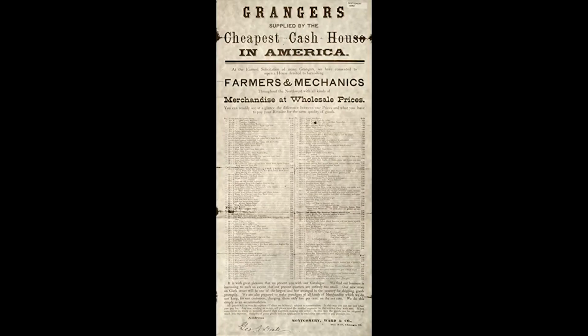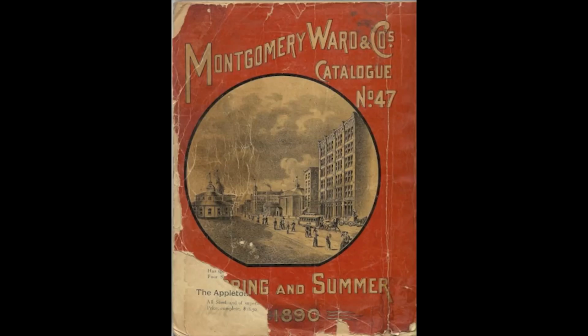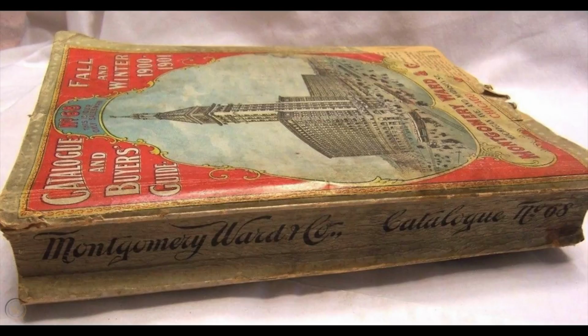Let me give you a little sense of its growth. In 1872, when it was founded, its catalog was 1 page of farm manufacturing stuff, farm equipment. By 1883, so 10 years later, its catalog was 240 pages with 10,000 goods for sale. And by 1900, its catalog was a whopping 1,000 pages with 70,000 things for sale that you could get by